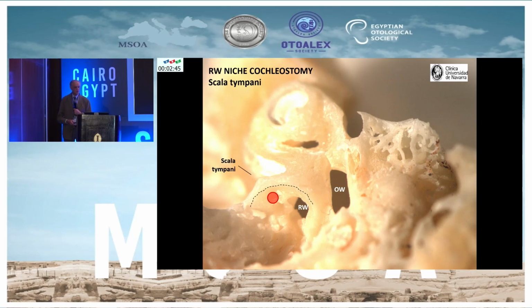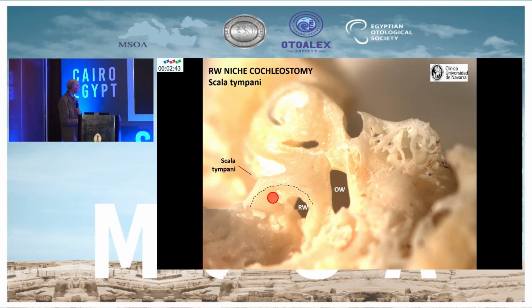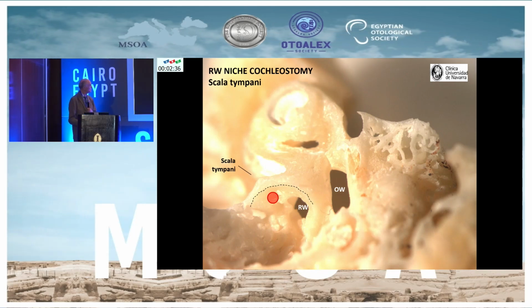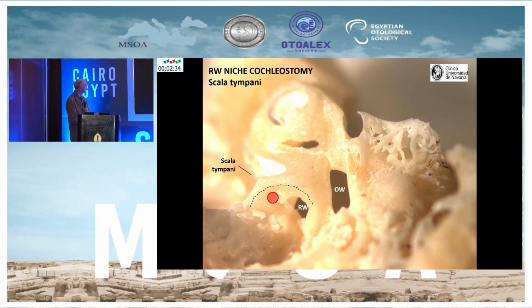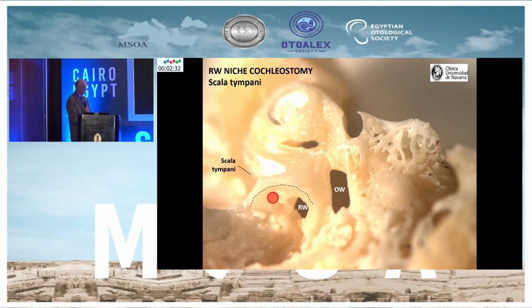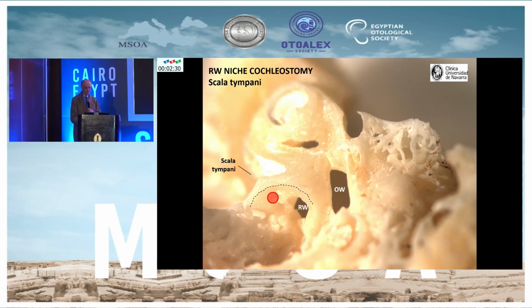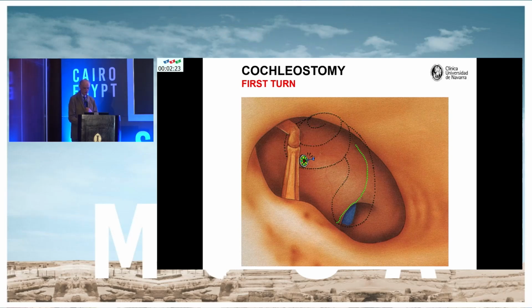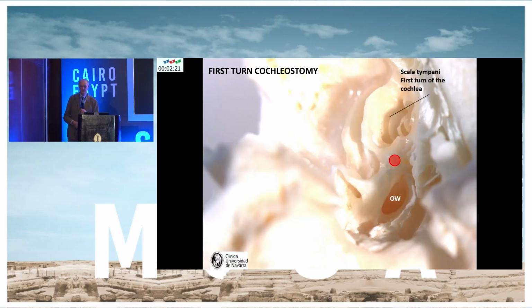So round window niche cochleostomy means to approach the scala tympani, drilling in the area of the niche of the round window. This is very important: to avoid going forward, where we find the round window, to the scala vestibuli, not the scala tympani. Related to the first term, cochleostomy, we can select this point for special cases where we have some